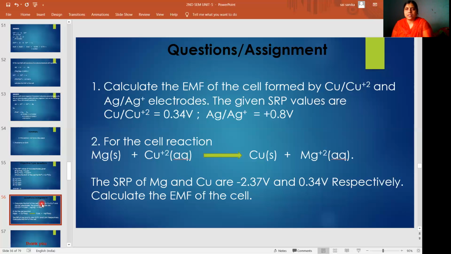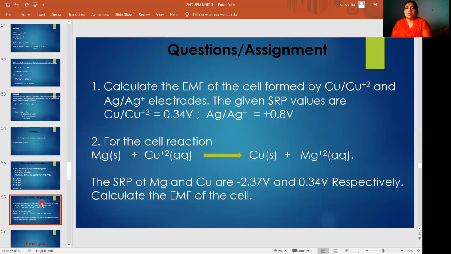So here what is important? You should know what is oxidation and what is reduction. You should know those reactions. Then only, if they give the cell reaction, can you identify which is anode and which is cathode, by these oxidation and reduction reactions only. So that's why it is very, very important. What is oxidation? What is reduction? You can identify which metal is undergoing oxidation, then only you can identify which is anode. And which metal is undergoing reduction, then only you can identify which is cathode.